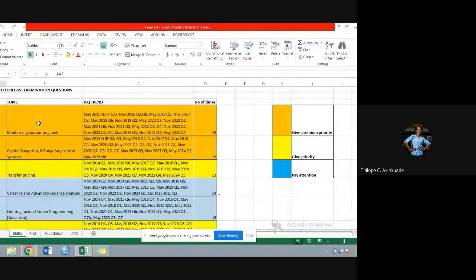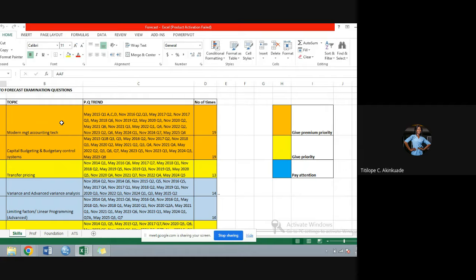One thing I've done is, in the new syllabus, they've broken all these techniques into new chapters. However, they are still under the same bracket, so I've categorized everything still as modern. They still have the same categorization. ICAN has broken it down and zoomed in more on some of these techniques.